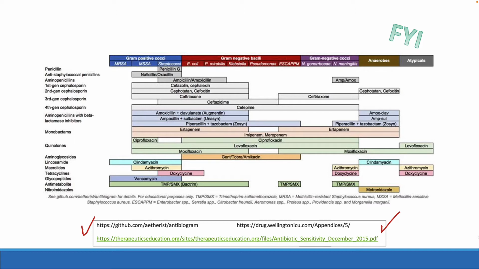But let's look here, and we see that we have E. coli, for instance. E. coli is a gram-negative bacillus, and we know that the first generation cephalosporins are very good for them, and they have this coverage range right here. So they will cover this entire range with cefazolin or cephalexin. So just as an example, this is the antibiogram that will help you to pick empirically useful drugs for treating infections.